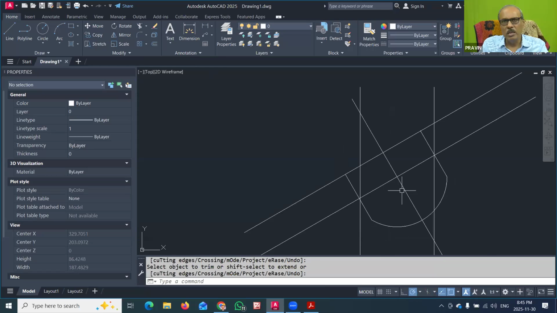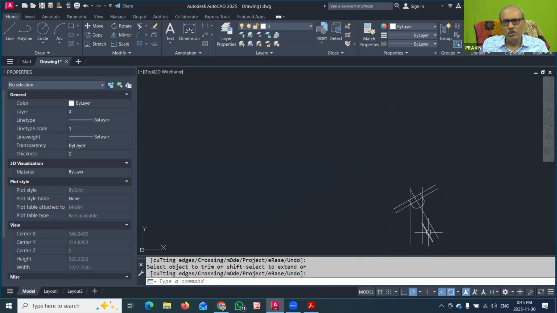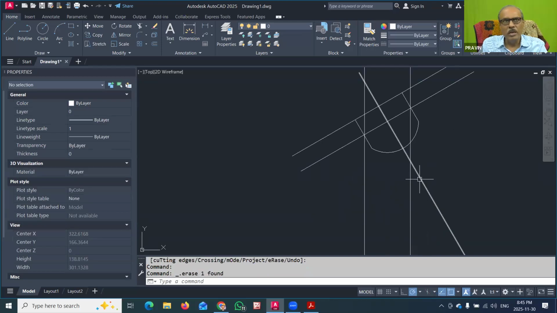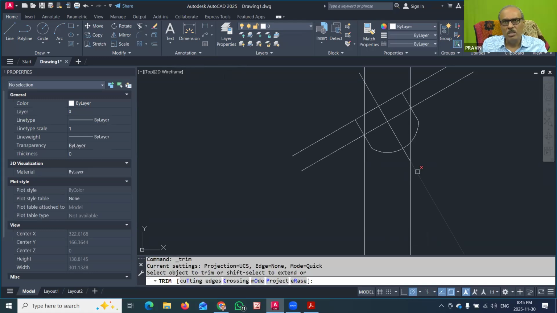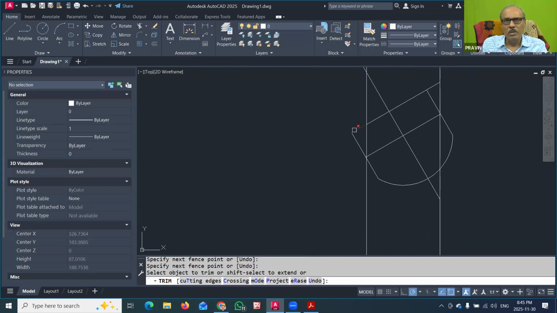So you can see the inner part of the spanner that we have now created. Now you have to see that this extra line was there, so we don't need that. So that also we will delete. This line also we can trim. So I will go to the trim command again and I will trim this part. Then this line also we can trim. Extra lines are there on both the ends, so this line we can also delete. This line we can also delete. And even this line is not needed in the center.